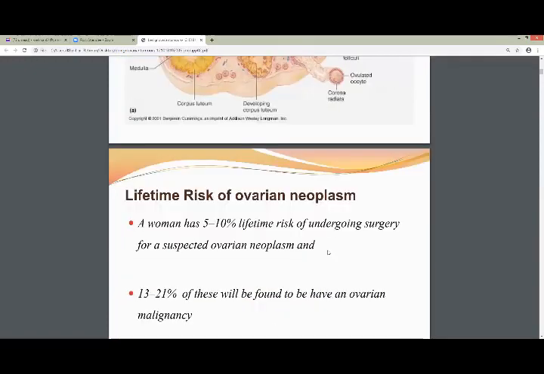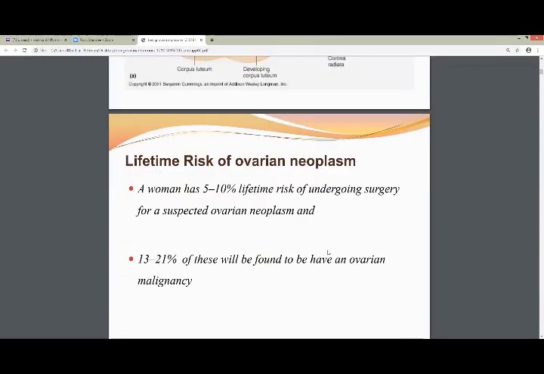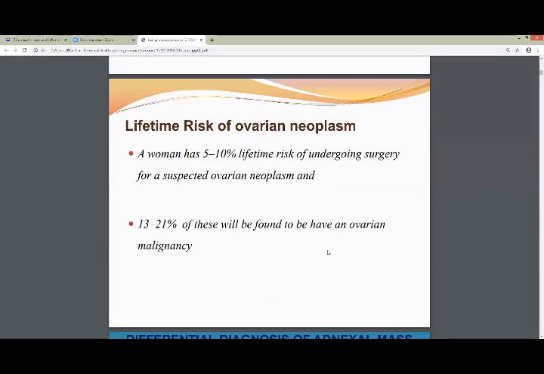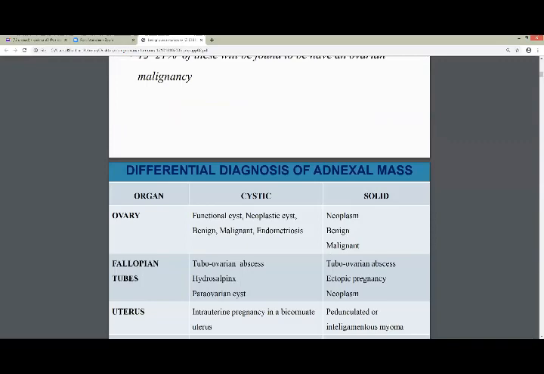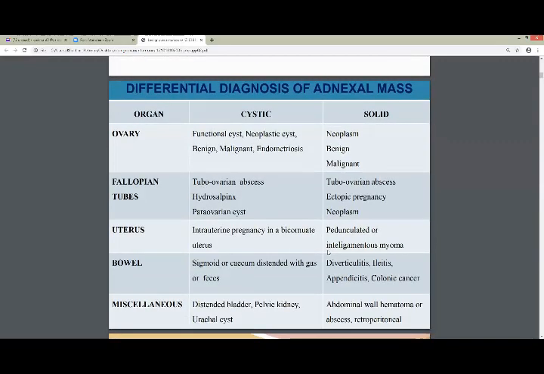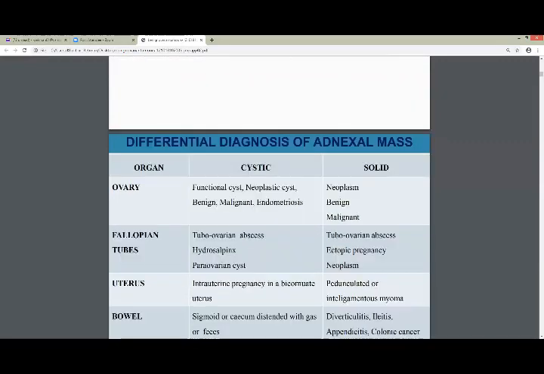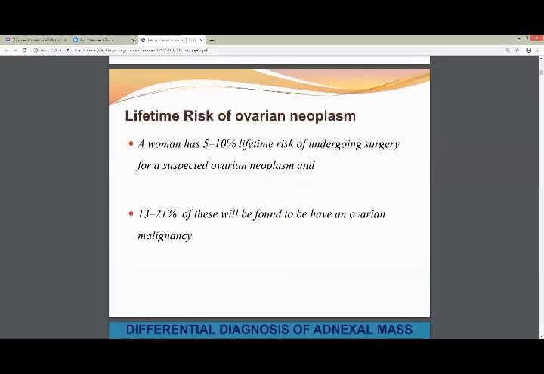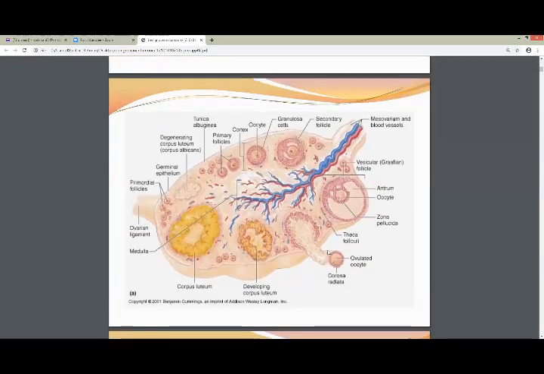So the lifetime risk of ovarian neoplasm is that a woman has a 5 to 10% lifetime risk of undergoing surgery for a cystic ovarian neoplasm. And among these 5 to 10% risk of undergoing surgery or risk of having a neoplasm, 19 to 21% of these will be found in the ovarian. So here an important thing which I would like to discuss with you is that whenever we are considering ovarian neoplasm or